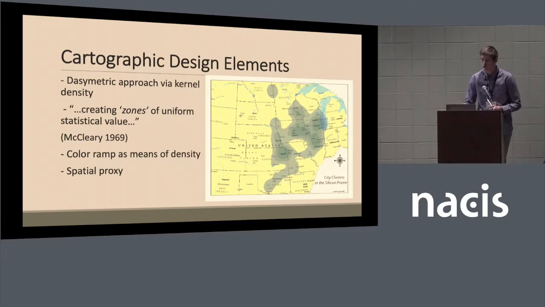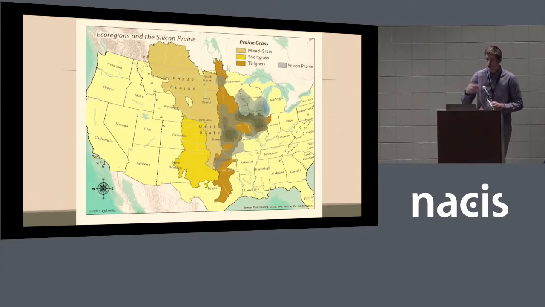And of course, this is working with spatial proxy as well. When we throw in the prairie grass, something really interesting shows up. We see that the almost western frontier of the tall grass prairie is predominantly what people mentally consider as the Silicon Prairie. We see very, very few spots actually in the mixed grass region up by South Dakota in the Rapid City example. And then we see a lot of the Silicon Prairie in regions outside of the prairie grass,